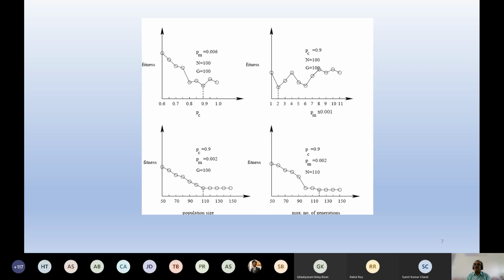Supposing that there is one minimization problem, and I use the tournament selection, if you remember the tournament selection, I forgot to tell you, if you use tournament selection, I can directly use genetic algorithm to tackle a minimization problem. That is the thing which I forgot to tell you while discussing the tournament selection. Okay, like on principle, GA can solve the maximization problem.